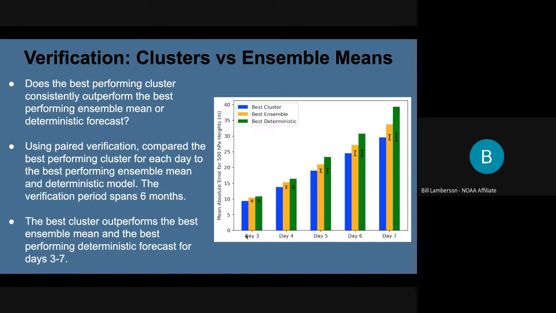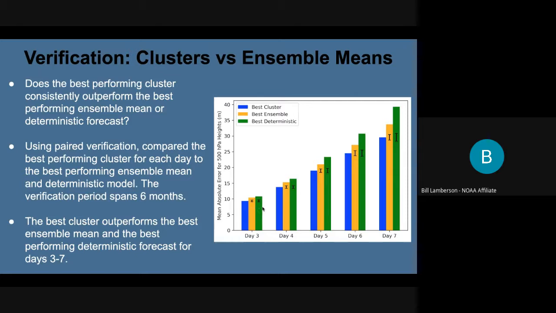So what we're using for verification is the mean absolute error for the 500 millibar heights. And we can see that for days 3 through 7, this best cluster, which is denoted by the blue here, does have lower error than the best ensemble or the best deterministic. And these error bars are just here to signify that these results are 95% significant. So basically the take-home message here is that yes, indeed, the best cluster does outperform the best ensemble or deterministic